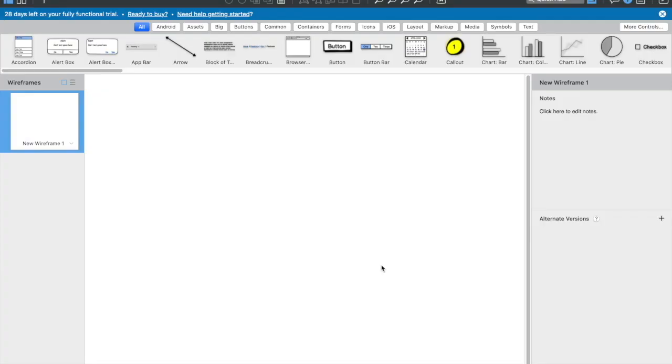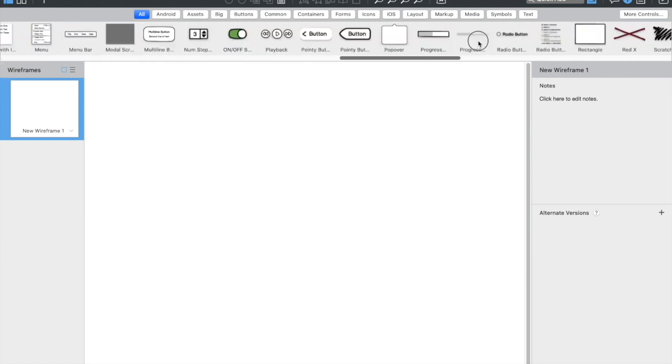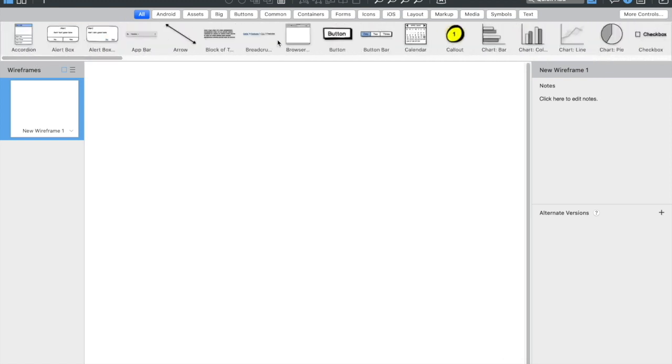First of all, I would like to tell you that this tool is also available on Windows and Mac, but is not entirely free. So you will get the pricing on their website. This is the complete interface. Let me cross it. On the left hand side, all the wireframe screens that you create will be represented here, and on the top there are plenty of UI control elements and etc. that you can use in your wireframes, and finally on the right side the properties of that element.